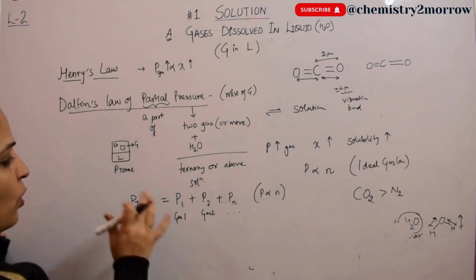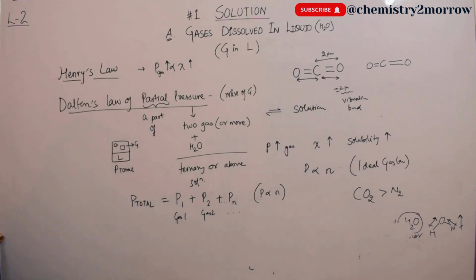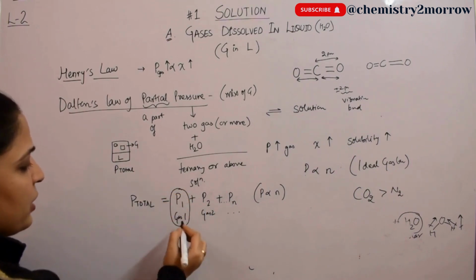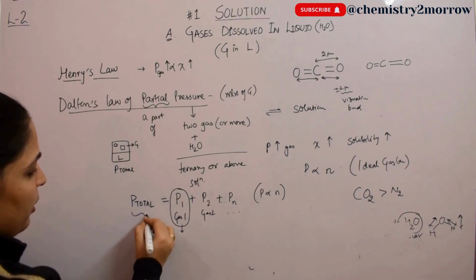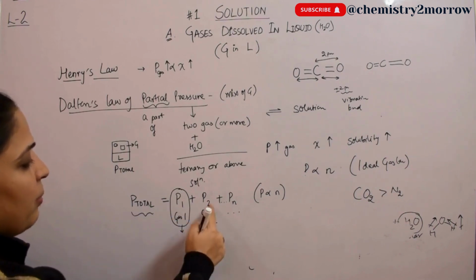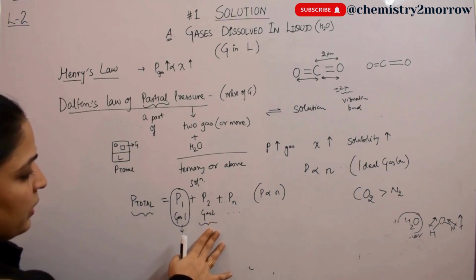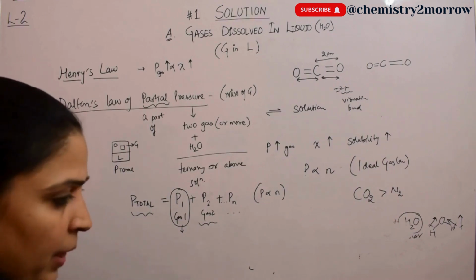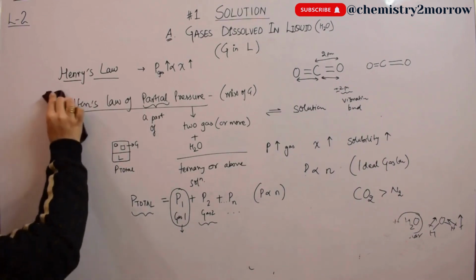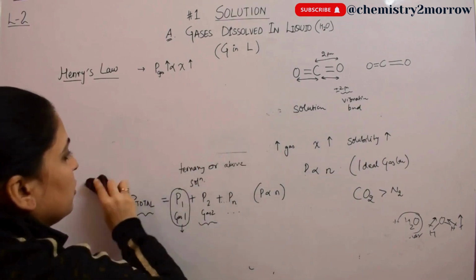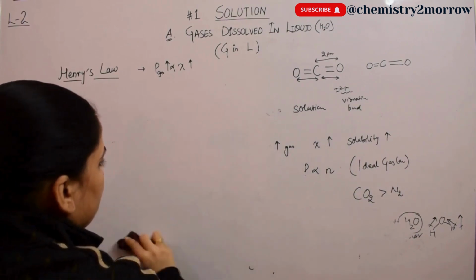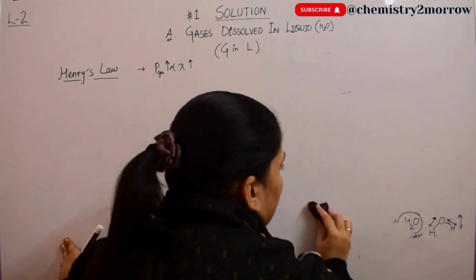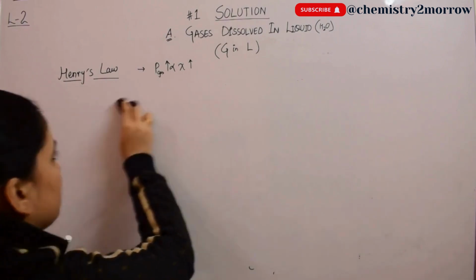Right? We'll do more about this in the next class. But here it is important that if you know the pressure or partial pressure exerted by gas 1 and the total pressure, you can always calculate the pressure of the second gas present in the mixture. Let us quickly go through one very good numerical which will take both the laws and will tell you the application of the laws.